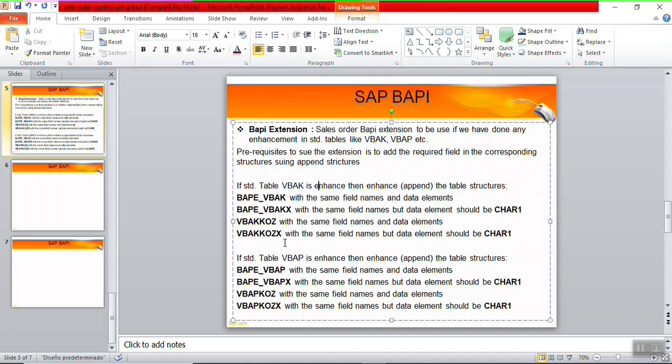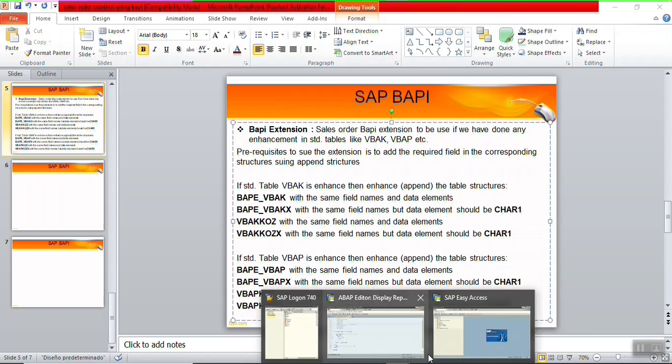And if you have done the enhancement in the VBAP, then those four structures are to be appended, that is BAPI_VBAP, VBAPX, VBAPKOZ, VBAPKOZX. In my current scenario, I have done it only at the header level. When you are doing the enhancement, at the same time also append those structures.